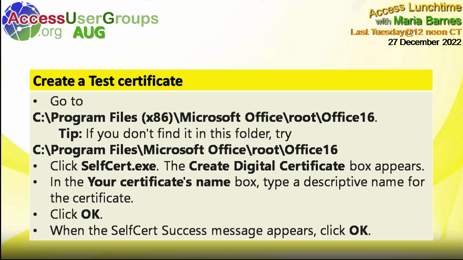But you want to go to either this first directory, or if you can't find it in that, it depends upon how the setup on your computer is done, then you should find the tool in the second directory. You can use a tool called SelfCert.exe. There's a Create Digital Certificate box, and you put in your name, a descriptive name, and then click OK